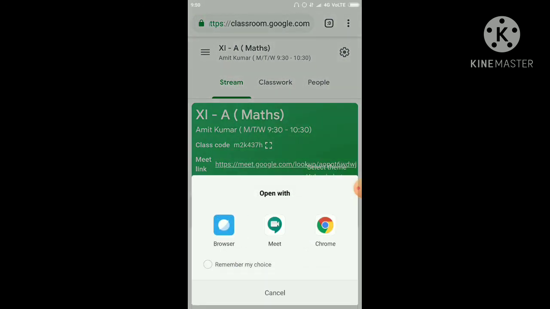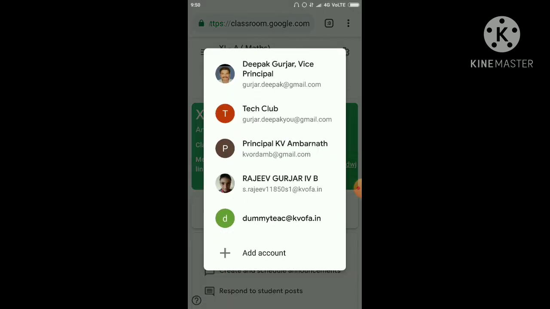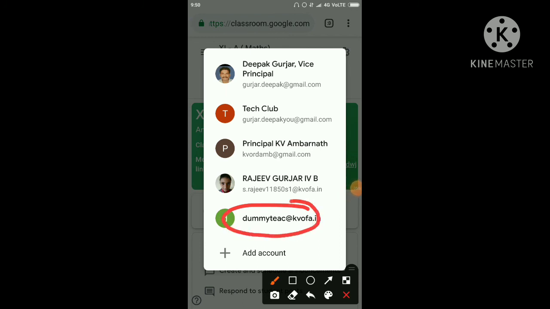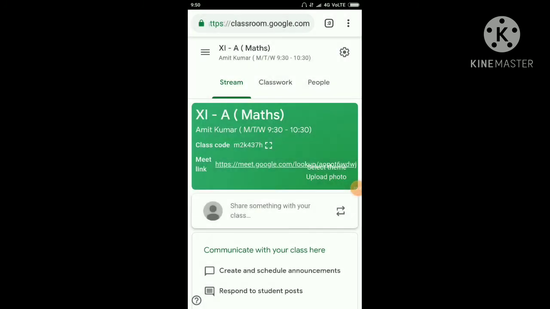You have to select the option. You have to select Google Meet. Now you have to select the ID. Here it is the demo ID, dummy teach. I will click here. This is the teacher part. Just wait for a few seconds.